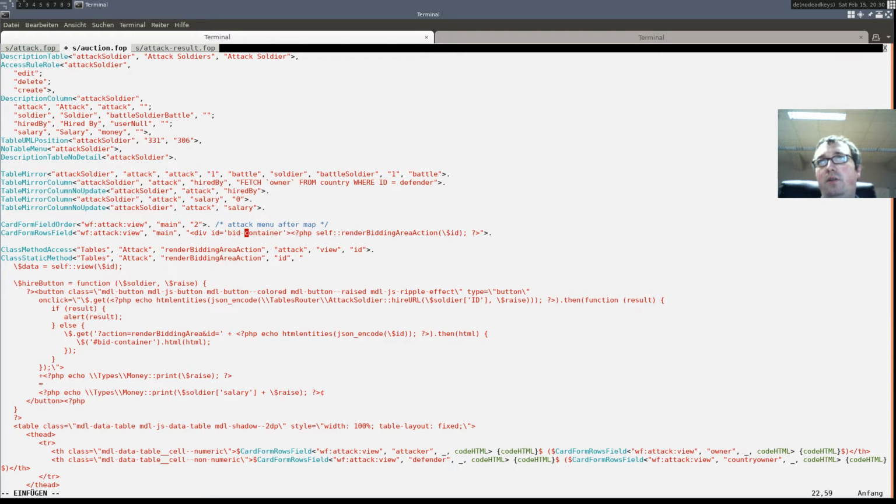I think we cannot use dashes, so we have to use underscores. So bit container, also close the div here.